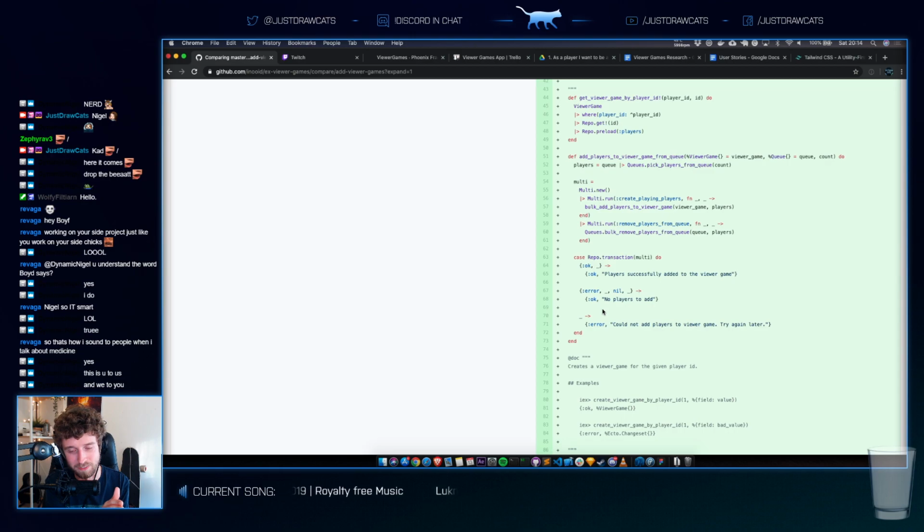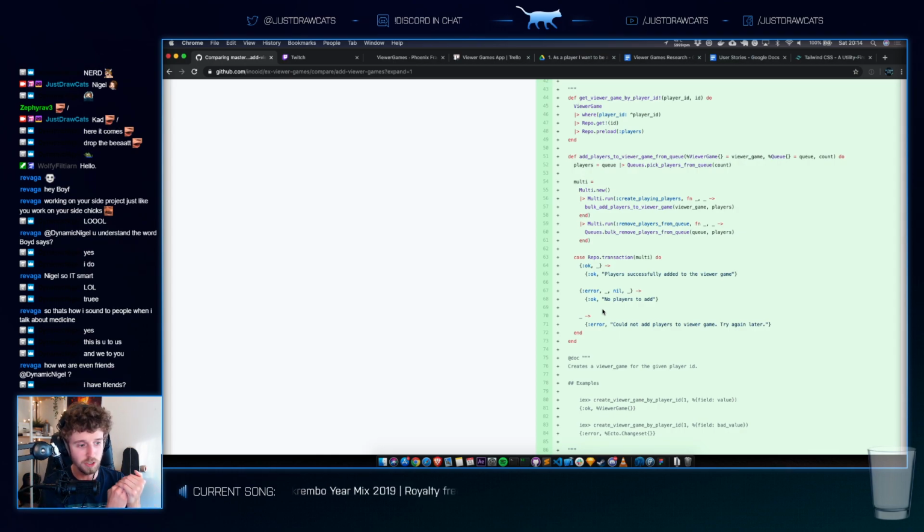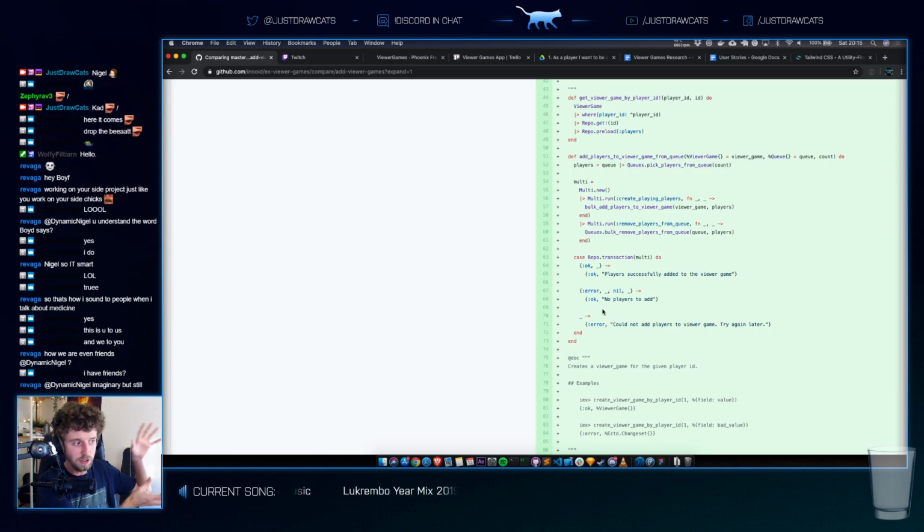So I was thinking of just having one table, queued players, and as soon as those queued players have an attached viewer game ID, we don't have to pick people out of the queue and bump them into the playing players table. We can just reuse that one table that is just going to be growing in size.